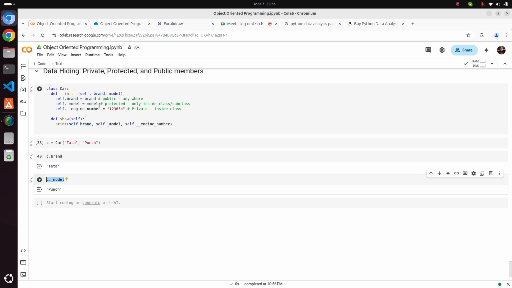But in Python, again, Python is not secured enough. So if I am using this, it is my fault. So it is advisable to the developer. Protected means advisable to the developer: